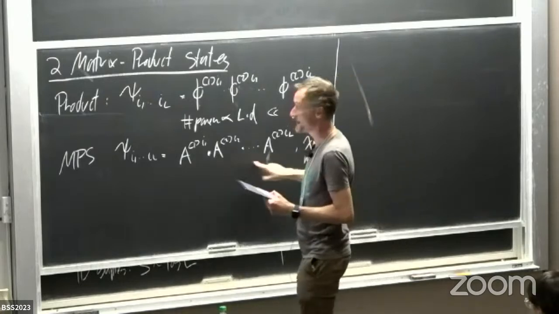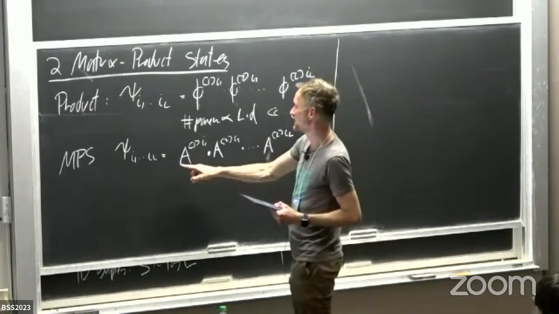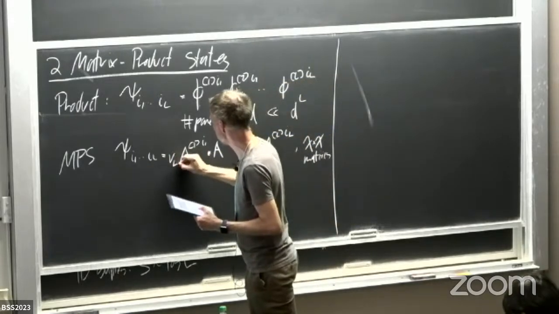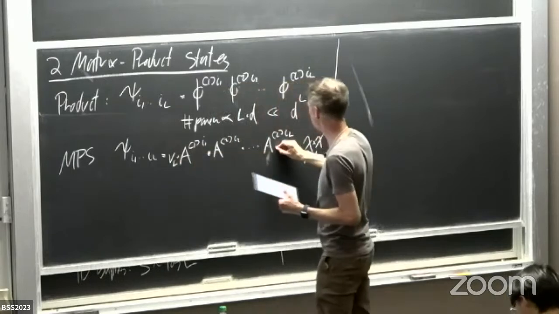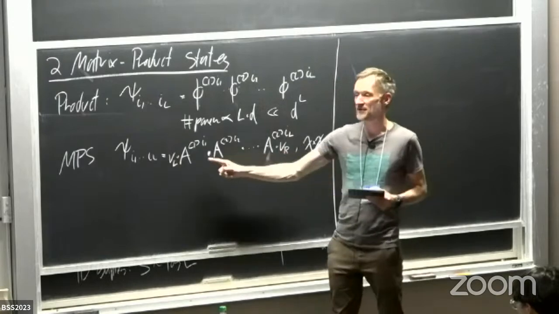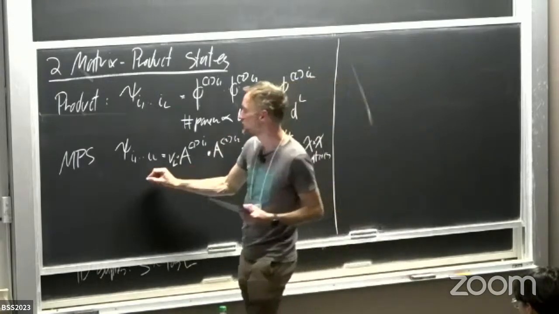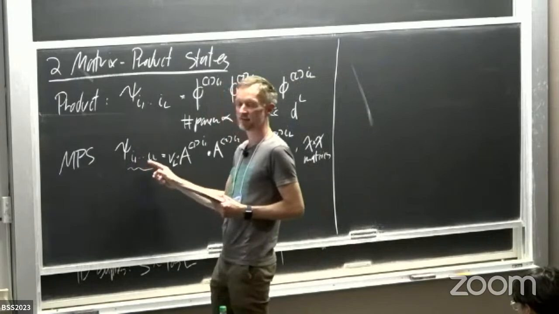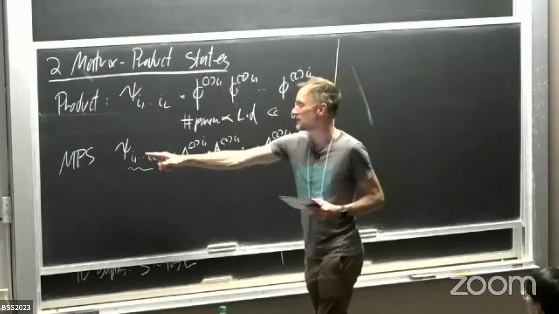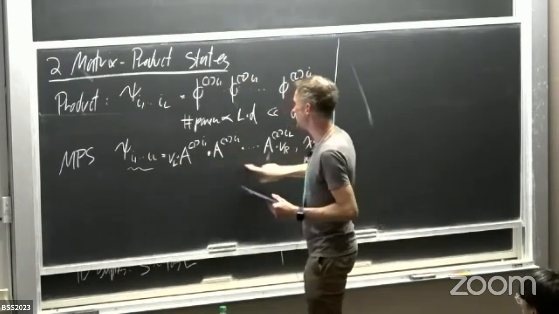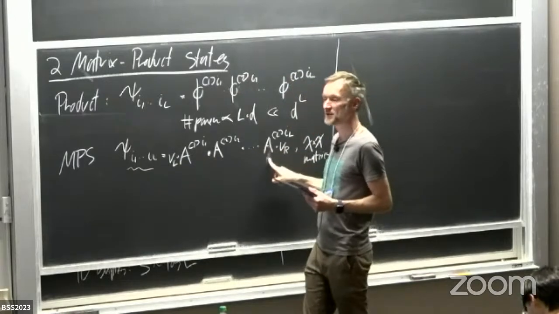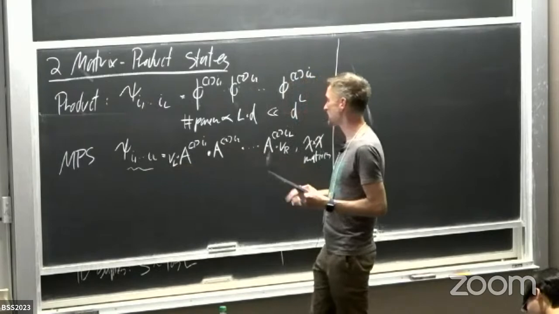And we see that if you just multiply these matrices together, that would not be a scalar. But if we multiply a vector on the left and a vector on the right, this gives us a complex number. So now we choose something for our indices, like for a qubit system, this would be just a bit string. Then psi of some bit string is equal to some complex number, which I get just by multiplying these matrices to each other, and then I have something to terminate it.